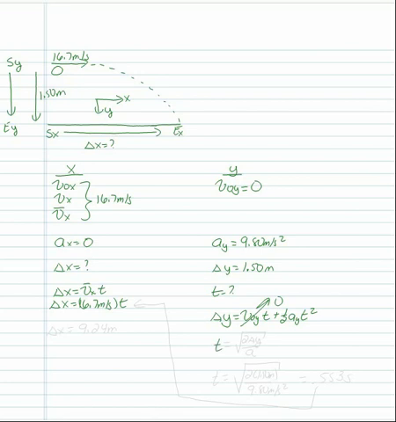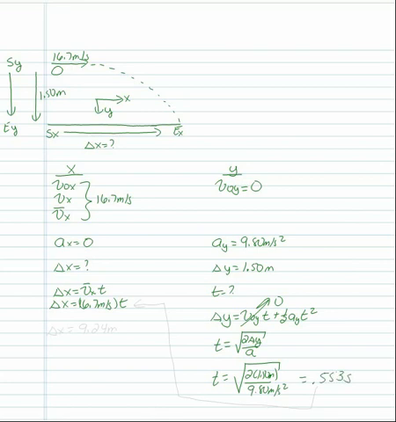Solving for t, t is the square root of 2 delta y over a. Now remember, we always get two answers with a square root, but we need to choose the positive since the negative doesn't make sense. Putting numbers in, the square root of 2 times 1.50 meters over 9.80 meters per second squared gives us